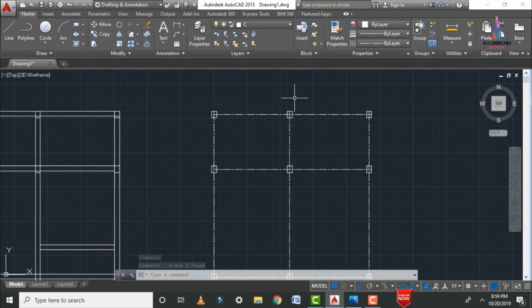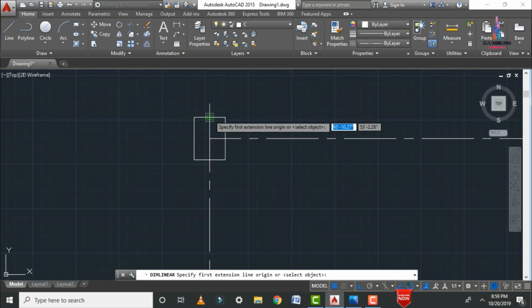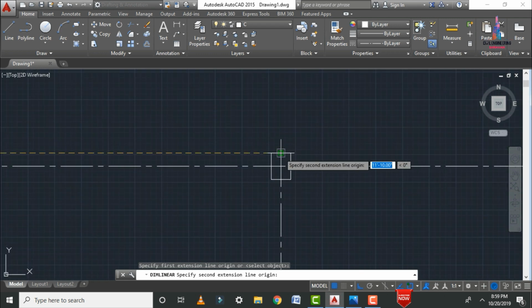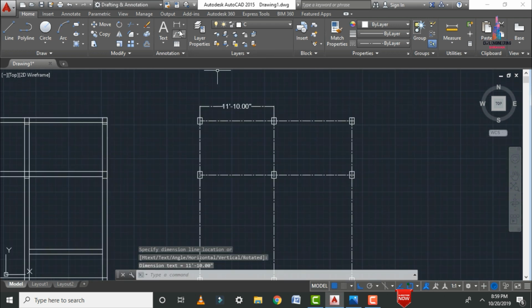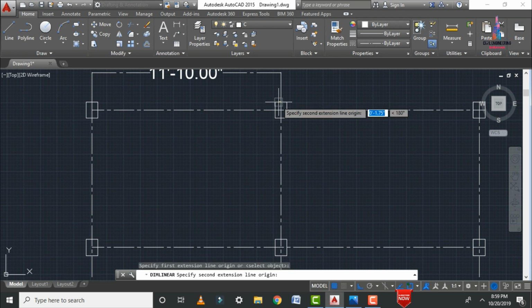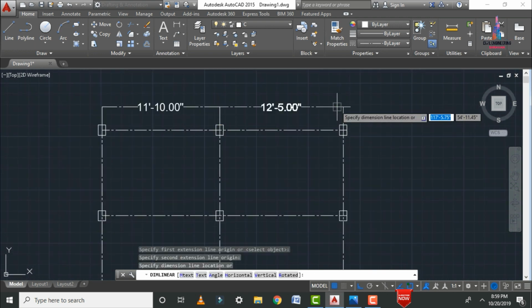After that we have to measure the center to center distance for each and every section in horizontal position and vertical position. So select the starting point, again select the ending point. Let us consider here like this. Again we have to select the starting point here, again in the same process we have to select the ending point here. So click on this respective position here like this. So you can click on this point.